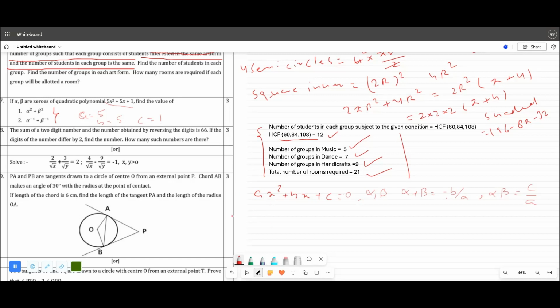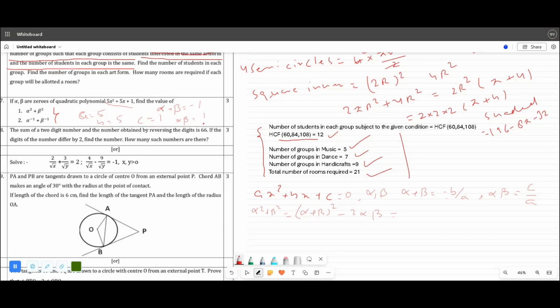इसको हम स्टैंडर्ड क्वाड्रेटिक इक्वेशन से कंपेयर करना है। तो अल्फा स्क्वायर प्लस बीटा स्क्वायर क्या होता है? व्हाट इज ए स्क्वायर प्लस बी स्क्वायर? दैट इज ए प्लस बी होल स्क्वायर माइनस 2ab। दैट इज अल्फा प्लस बीटा होल स्क्वायर माइनस 2 अल्फा बीटा। आपको अल्फा प्लस बीटा की वैल्यू पता है। अल्फा प्लस बीटा इज माइनस बी ओवर ए, दैट इज माइनस 5/5, दैट इज माइनस 1। करेक्ट।